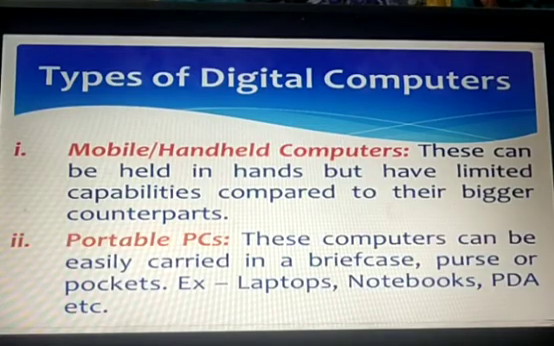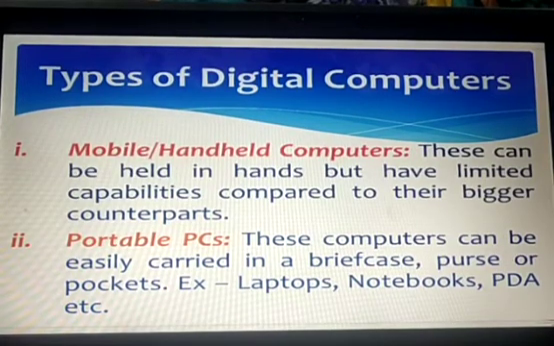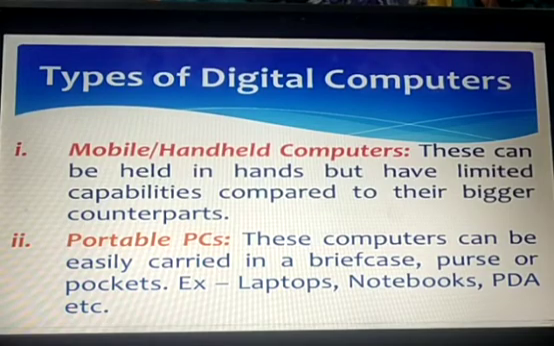Second one, portable PC. Bigger than mobile computers, these computers can be easily carried in a briefcase, purse or pocket. For example, laptops, notebooks, PDA, which stands for personal digital assistant, etc. These days, the gap between mobile computers and portable PCs is getting narrower and narrower. And the third one,